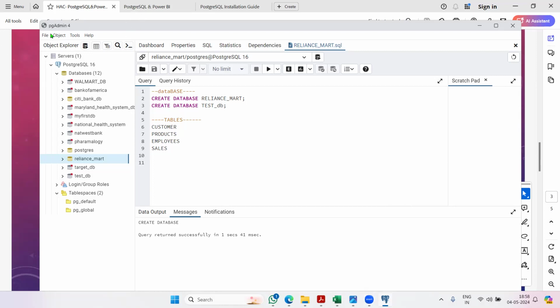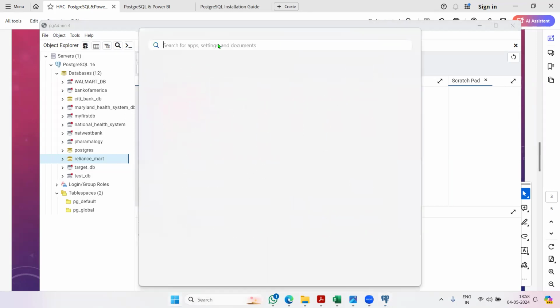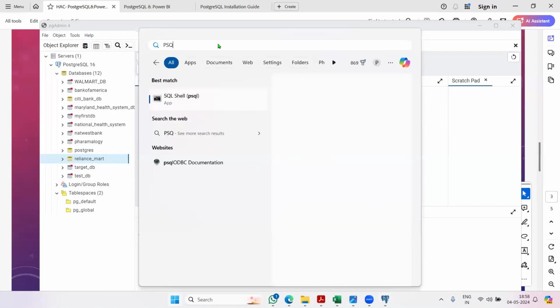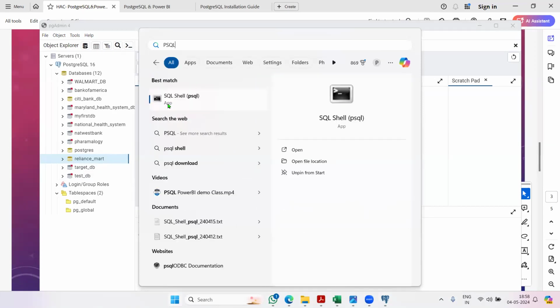Now, pgAdmin 4 is the graphical user interface, correct? Similarly, if you remember, we have installed a command line interface, CLI. The name for the CLI is PSQL, SQL shell. So this is another client tool, okay? I just want to make sure my students are getting hands-on experience from both the front end and the back end. So if you open this one,